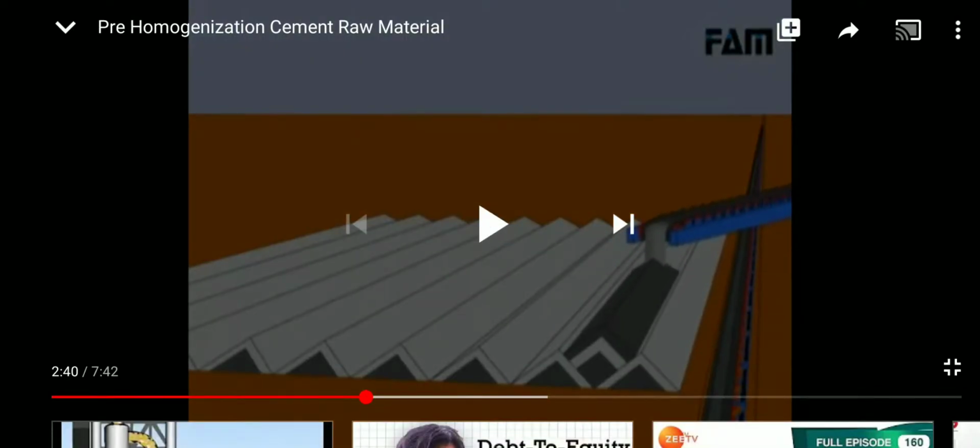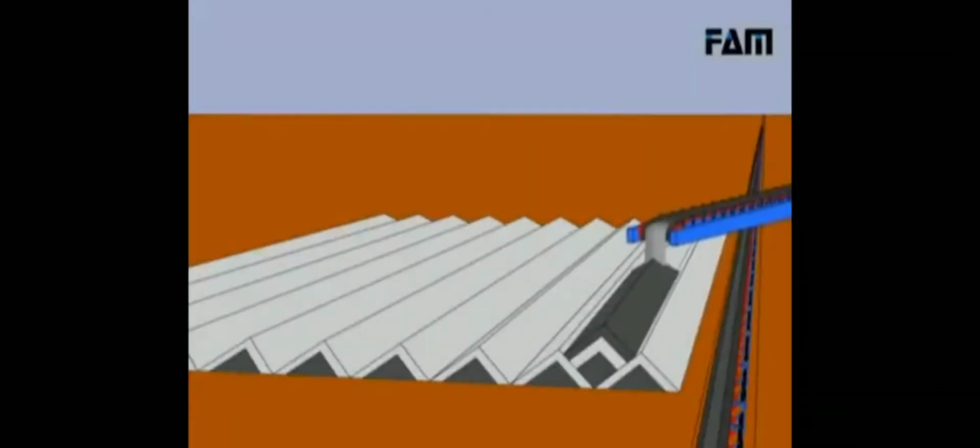You can see this type of stockpiling is a windrow stockpiling.